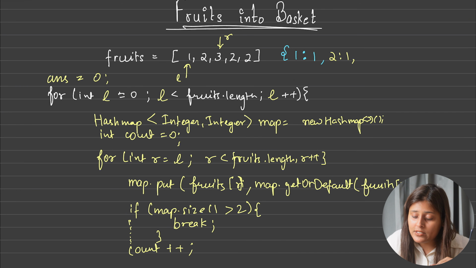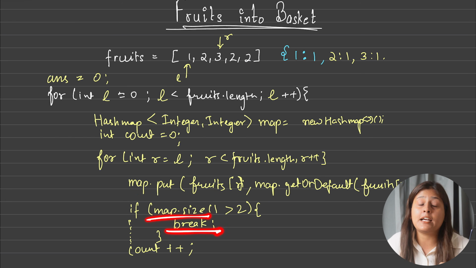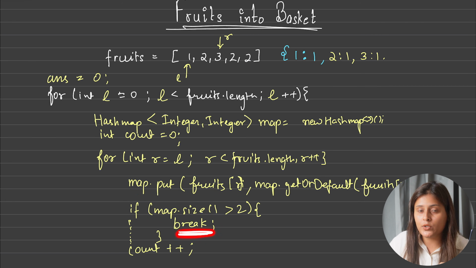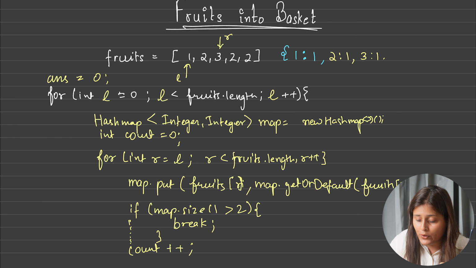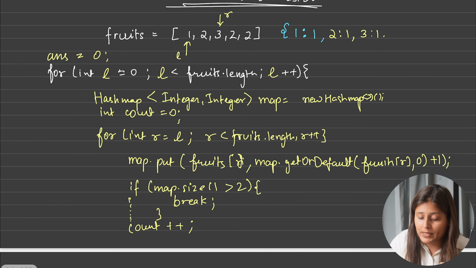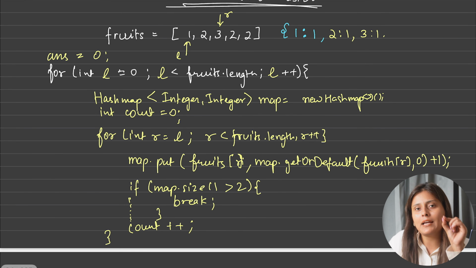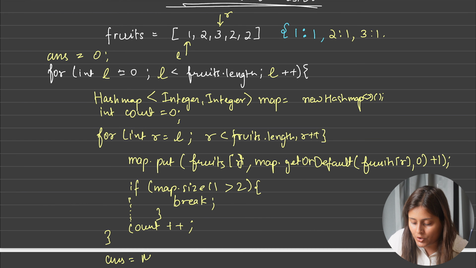So I will add this also in my map because 3 is the new key here. Now at this point I can say, yes, after putting in the map, my map size is greater than 2, and this I don't want to calculate. So hence I will not do count plus plus, I will break. So after breaking, this first for loop will break, and after coming out of this first for loop I can say my count is 2 only, and here I need to update my answer. So my answer will be nothing but Math.max of answer so far and this count, correct?